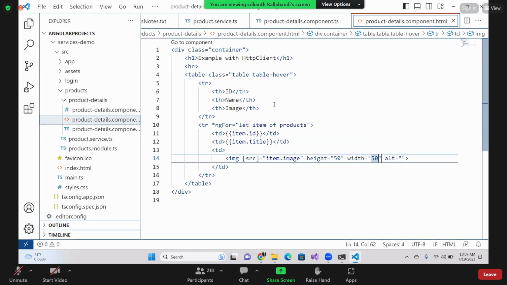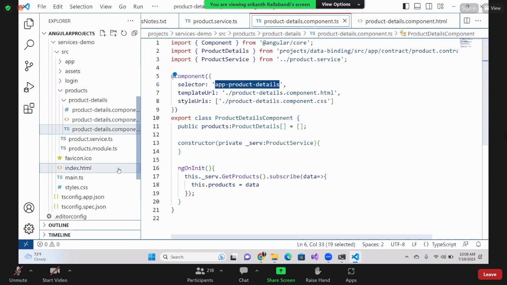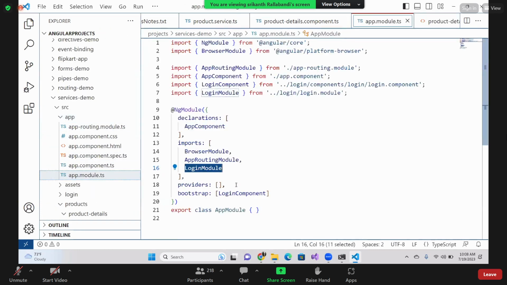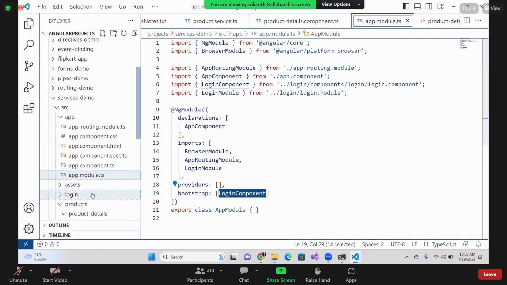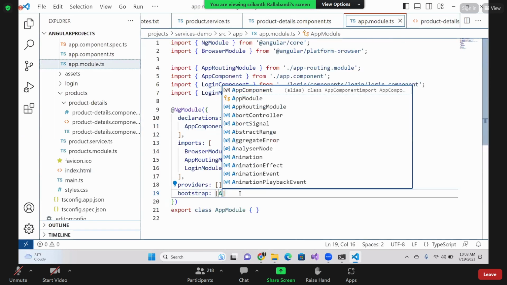Now everything is ready. Now how do I execute it? What is the component name here? App product details is the component. I'll go to my app module, because app module is the one. Then I'll go to my index.html where I can give it over there, and in the app module, instead of doing that, I'm using